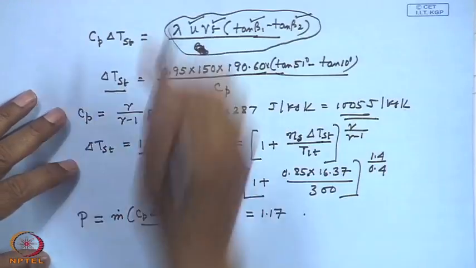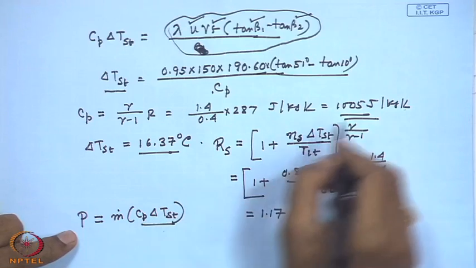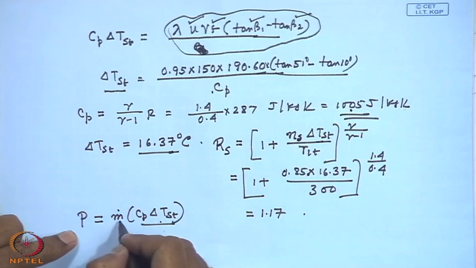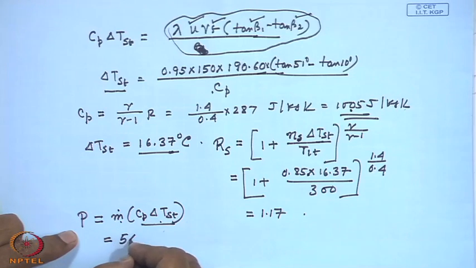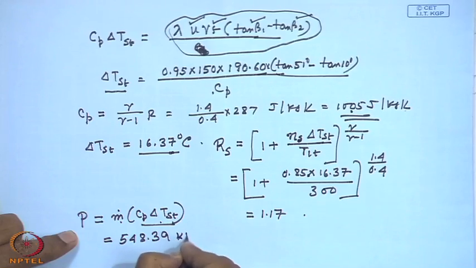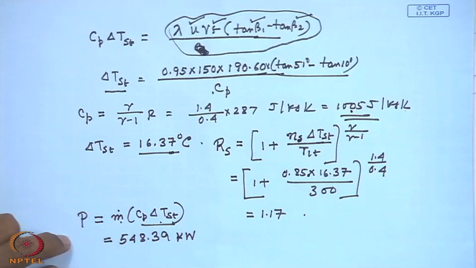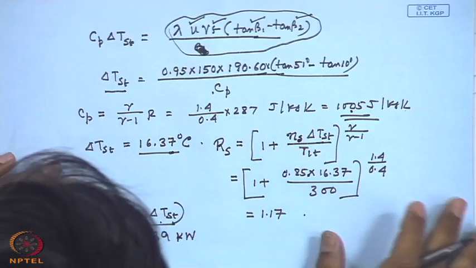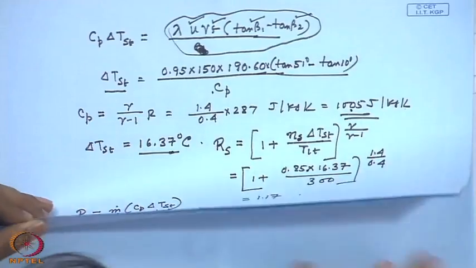So, therefore, if we put the value Cp, this one, delta Tst 16.37 degrees Celsius and mass flow rate 30 kg per second, you get a value of 548.39 kilowatt. If you are consistent in the unit, finally you will get this result. This is the power. So, this is one example that we can